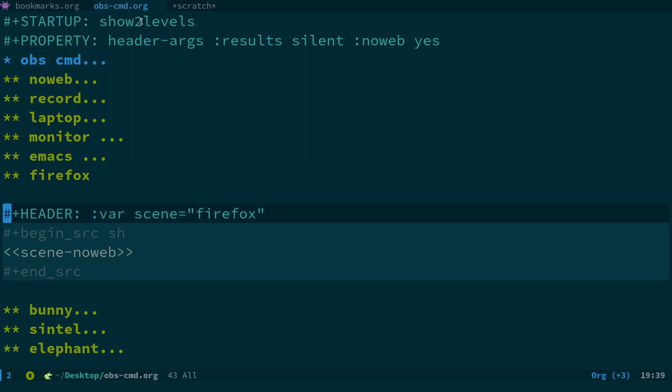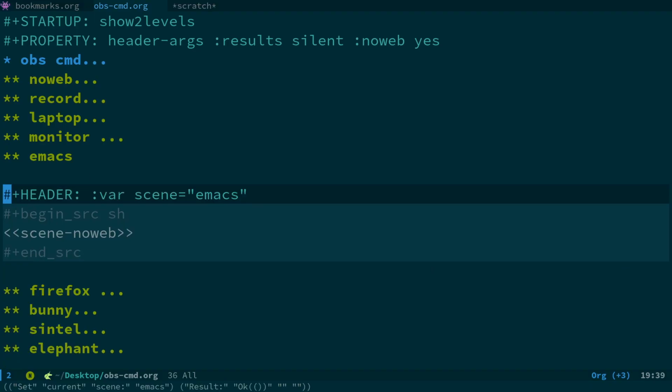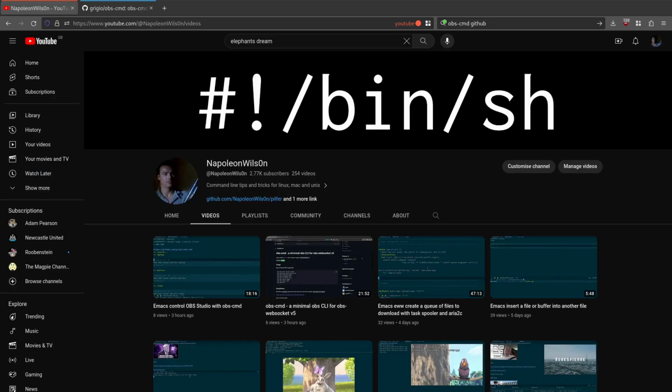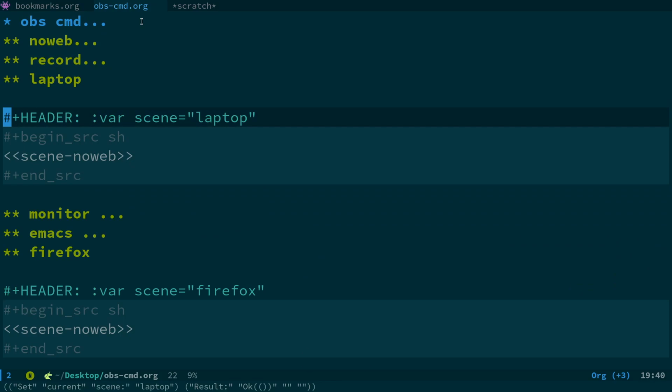So you can see here I've just executed that source code block, and the view has switched to Firefox using Pipewire window capture. And this is useful because that window isn't currently visible to me, so I can switch to windows that aren't actually visible. So let's switch back to Emacs here. I can switch back to Emacs like that, switch to Firefox, back to Emacs, back to the laptop display,